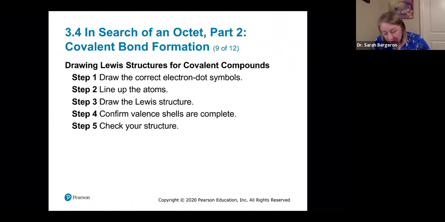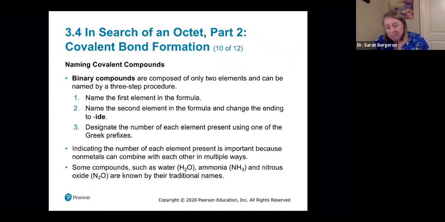Okay, and it can be a little bit confusing at first, but we're going to go through a bunch of examples, so don't worry. All right, so we're going to be able to draw them and we're going to be able to name them. So when you're naming covalent compounds, it's different than ionic. So you have to be able to recognize what's an ionic compound and what's a covalent compound. Well, when we talk about covalent compounds, what we're really talking about is a non-metal plus a non-metal,